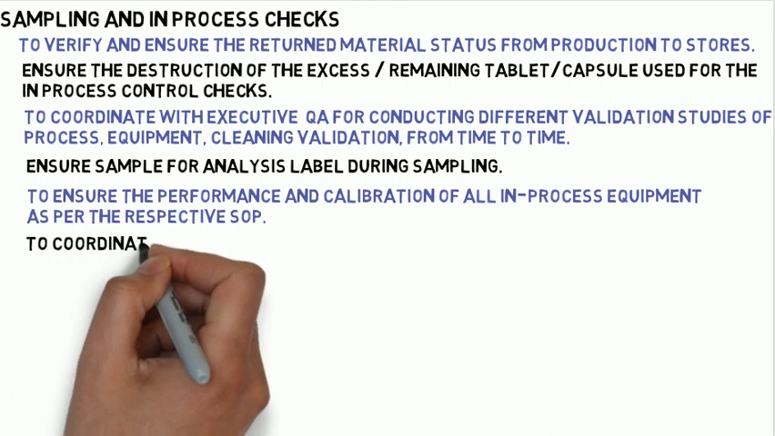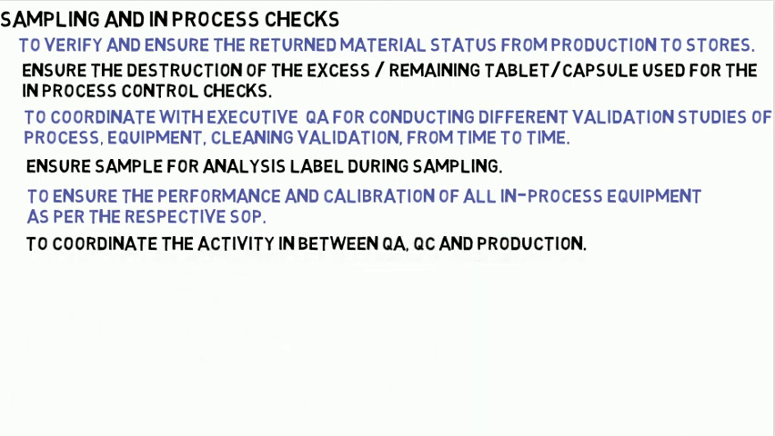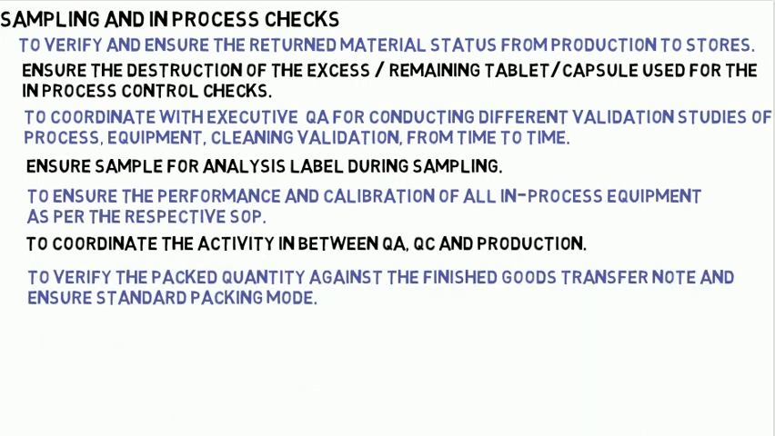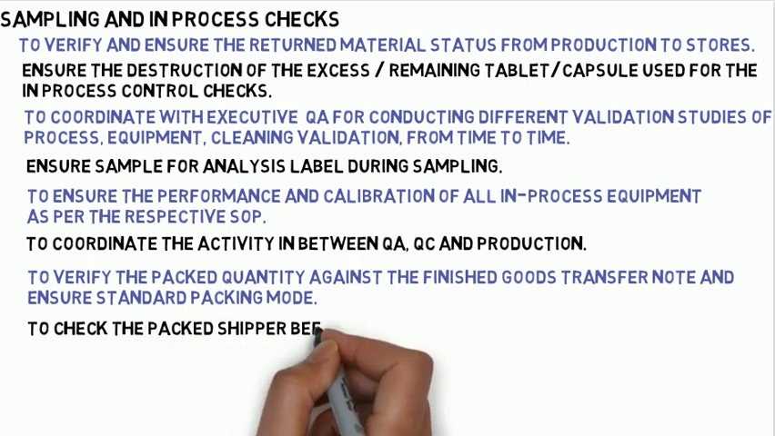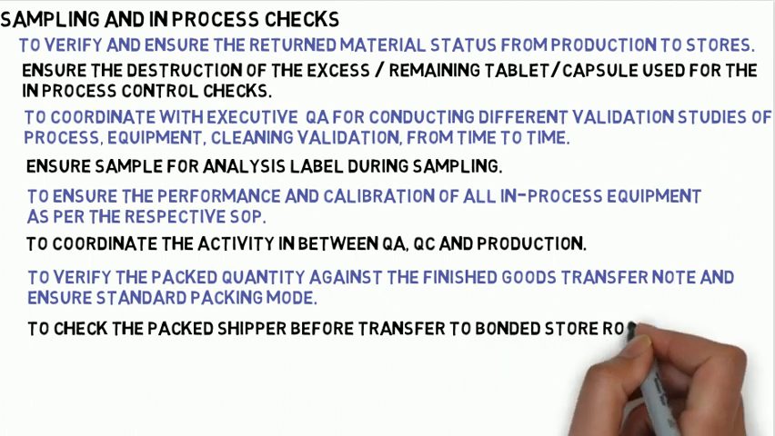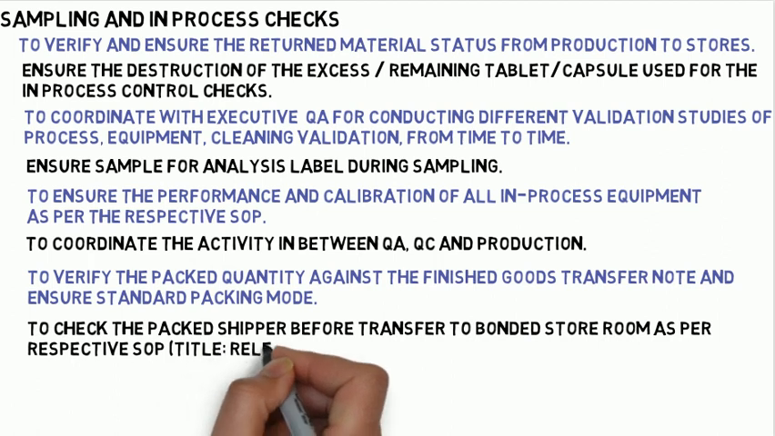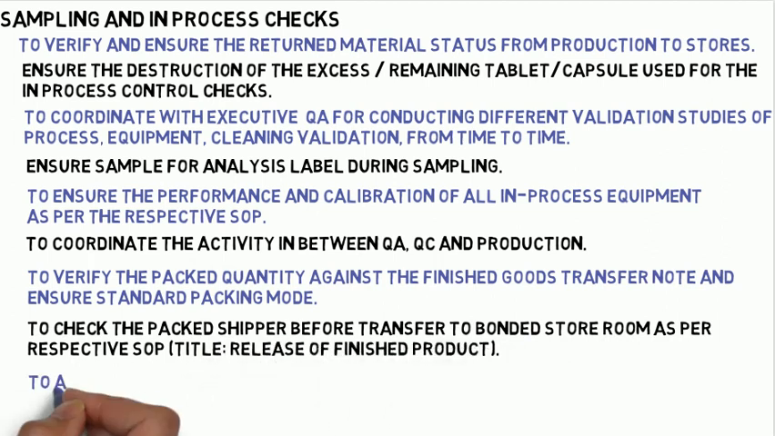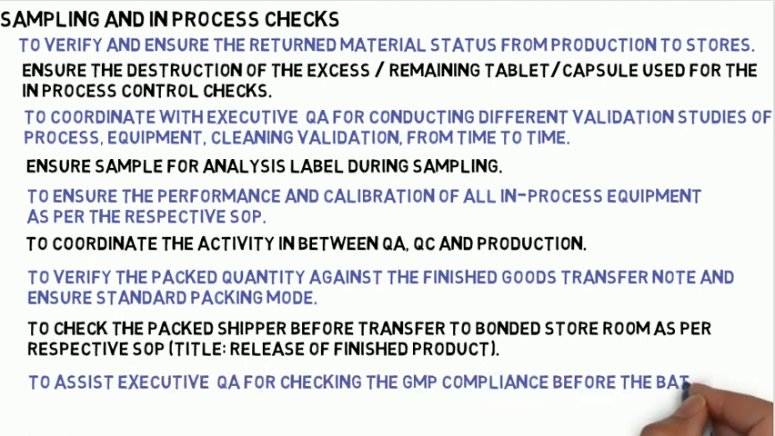Step 16. To verify the packed quantity against the finished goods transfer note and ensure standard packing mode. Step 17. To check the pack shipper before transfer to bonded storeroom as per respective SOP titled release of finished product. Step 18. To assist executive, quality assurance for checking the GMP compliance before the batch release as per quality assurance release checklist. The above annexures are used in the line clearance,